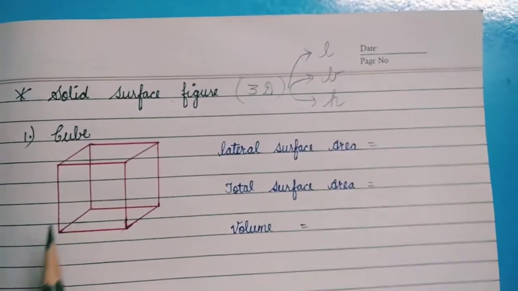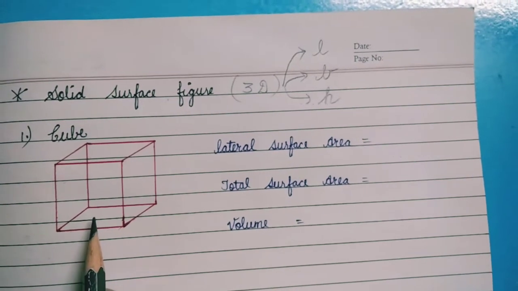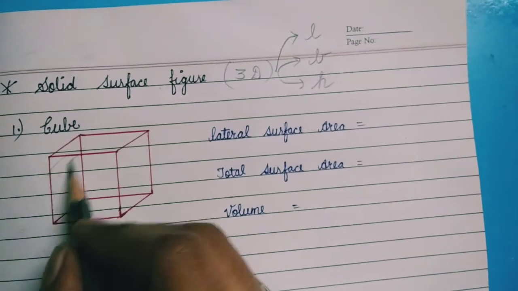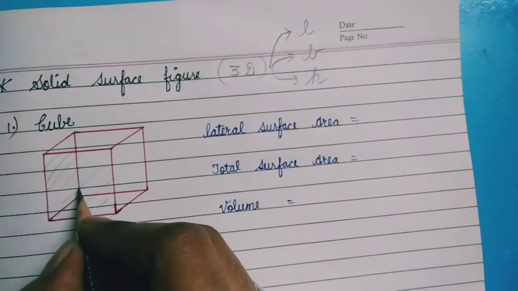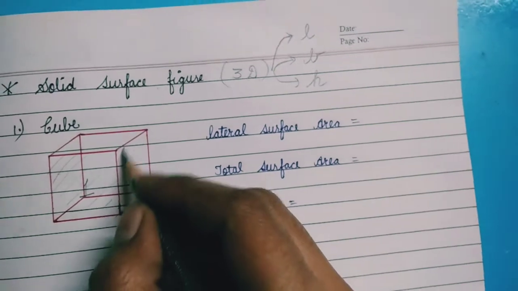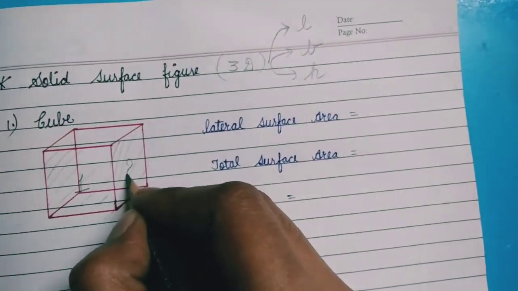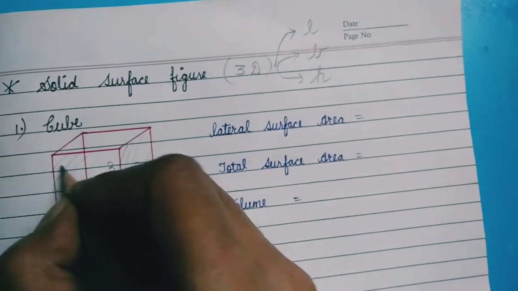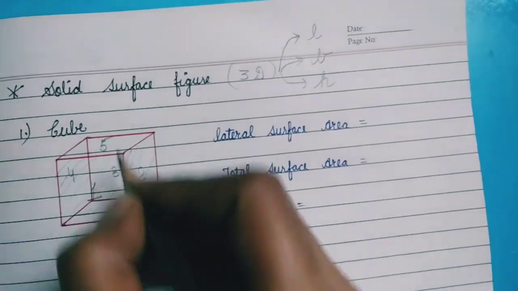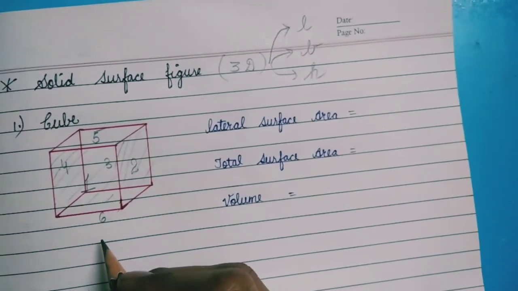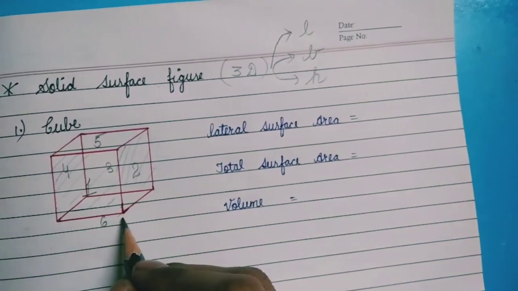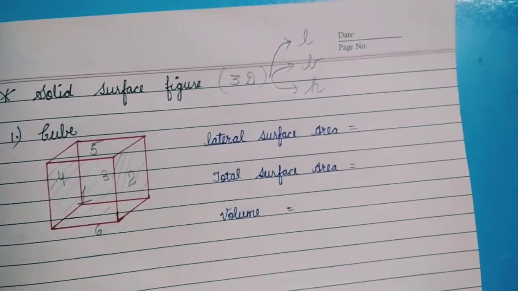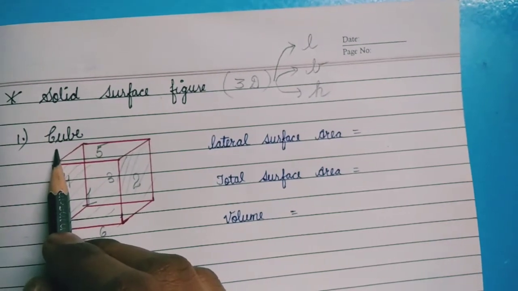Cube means a kind of figure formed by joining squares with squares and forming a 3D shape. When you look here, you can simply see here we have one face of a square. When you look here, we have a second face of a square. Backside we have 3, here we have 4, upside we have 5, and downside we have 6. So 6 square surfaces are joined with each other and we get a cube.